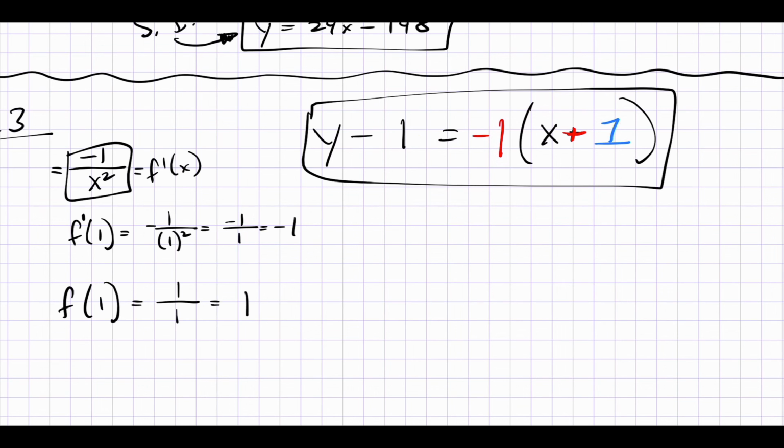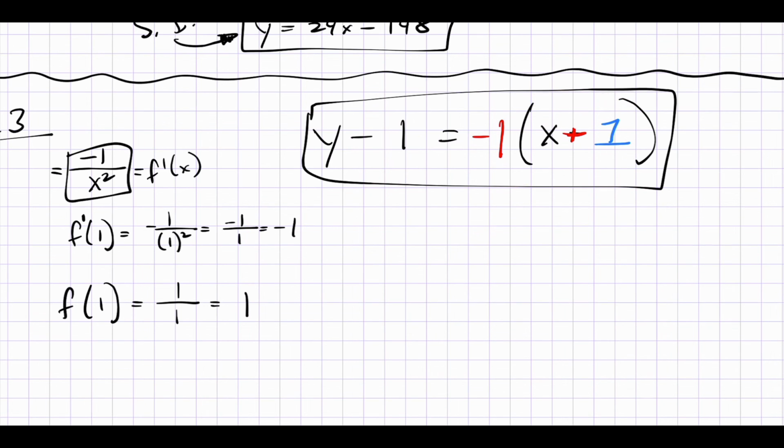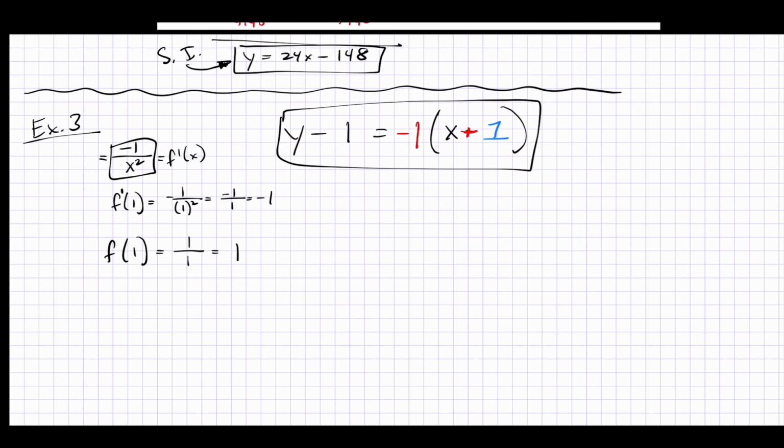To get it into one of the other forms, you would have to distribute. If they want it in slope intercept form, you would distribute, then add 1 to both sides. If they want it in standard form, you would distribute, and then you would get this guy over here with y and add 1 to both sides. Okay, that's how you get it into slope intercept or any of the other forms. Just depends on which form they want. Okay. All right. Okay, so what I'm going to let you guys do now